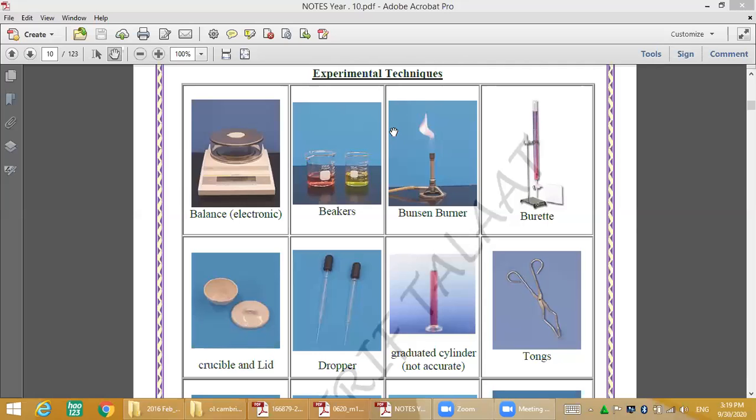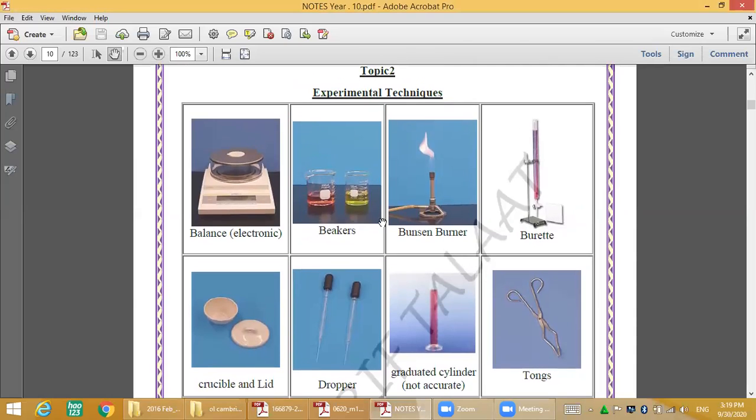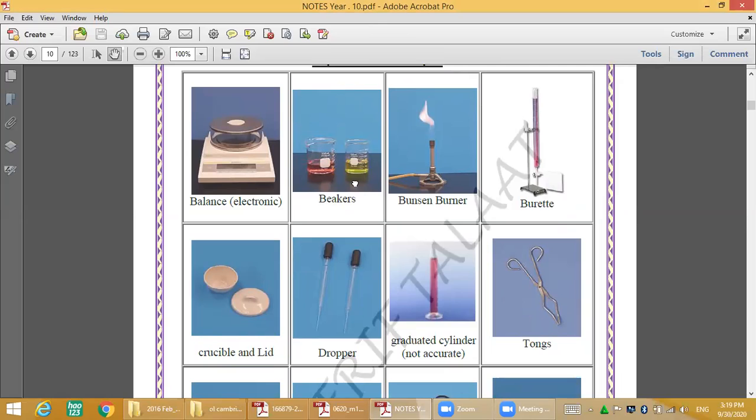Paper 6, main knowledge in paper 6. Laboratory operates. This is the first question that we have, laboratory operates. For laboratory operates, we have